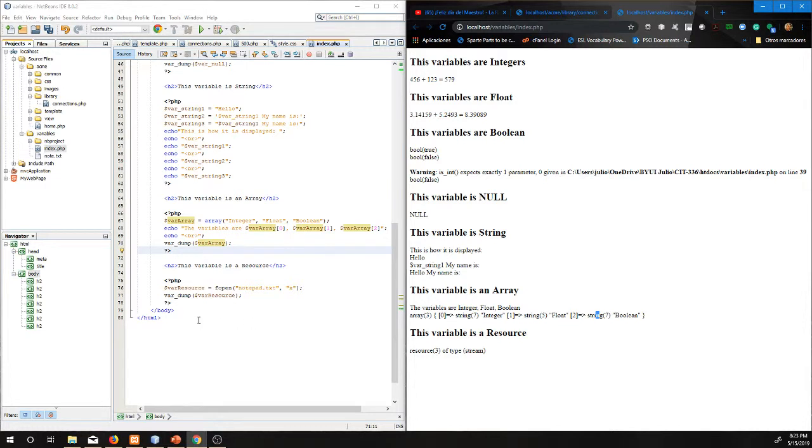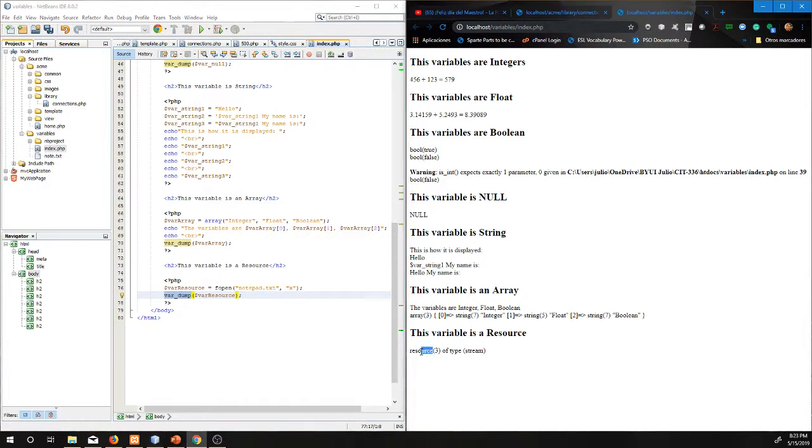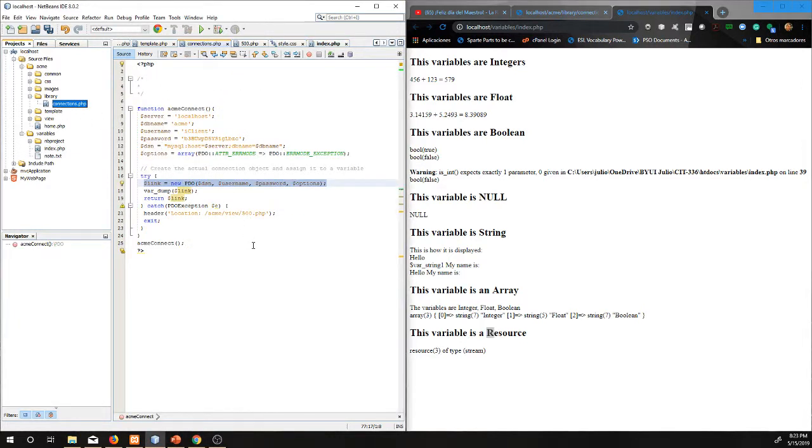And the resource is not much. I didn't actually create a notepad file, but I put it over here as an example. I put a var_dump to see what kind of variable is showing, and it's showing a resource variable. Over here I'm missing the object one, but